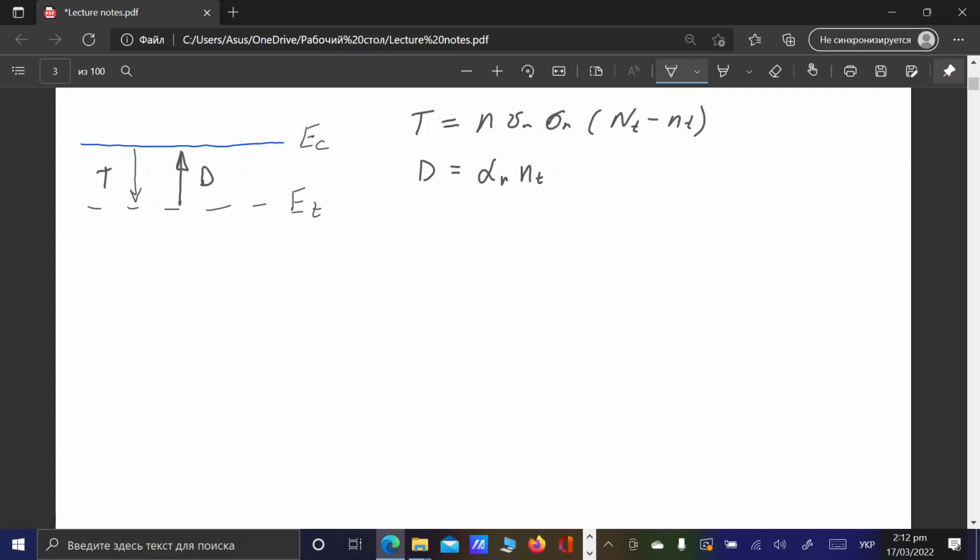So we remember that this can be given as Vn, thermal speed, sigma n, N1 times Nt, because this stands for alpha n, and times Nt. So as I said before,